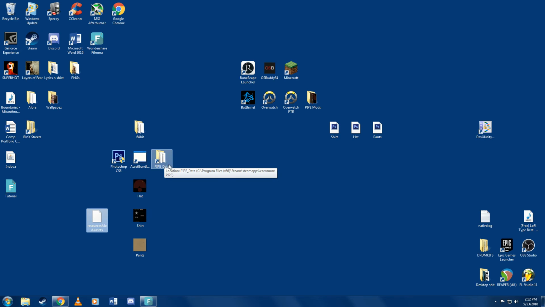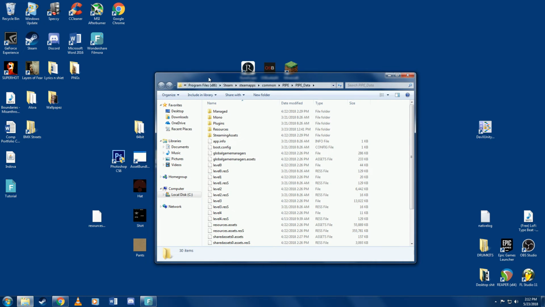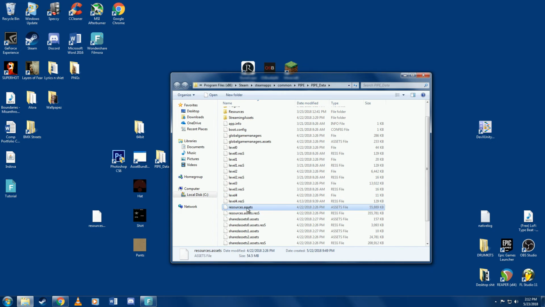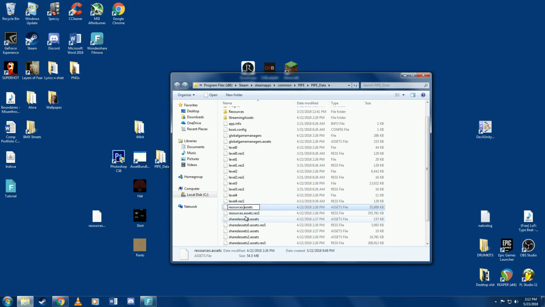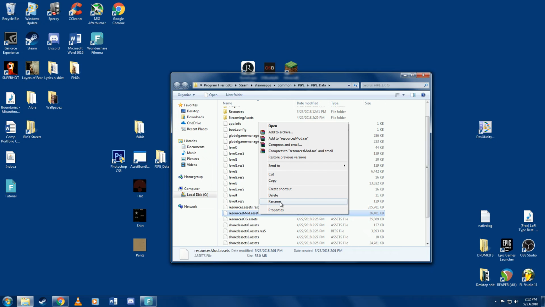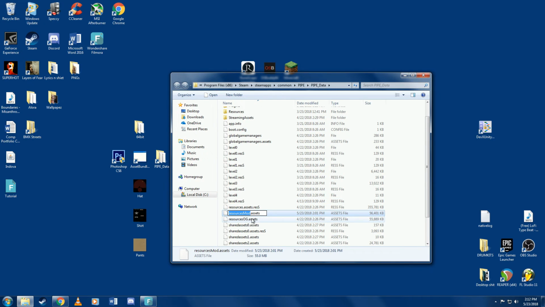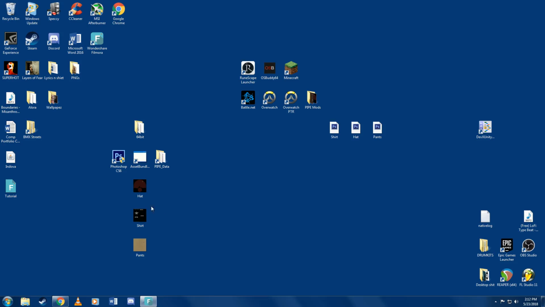So after exiting out of that, we're going to open up pipe data one more time, find our resources.assets. We're going to rename this. Since this is the original one, we're going to give it a name like resources.og.assets, just so we know that's the original. Next, we're going to drop in our modded folder and rename this to resources.assets, so the game thinks that this is the original resources.assets file. Once this is done, we can exit out of this folder, and let's go check our game to see if